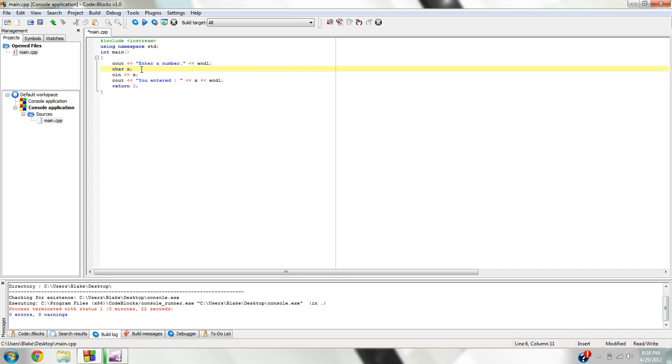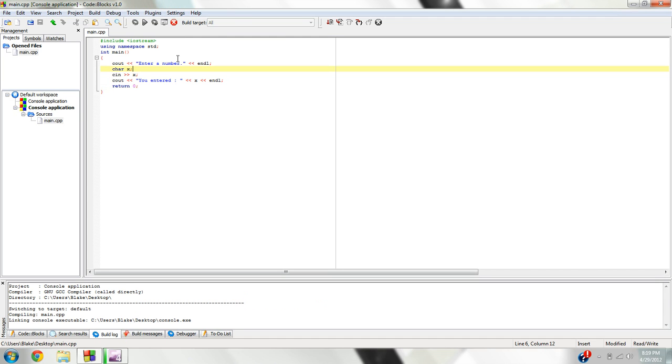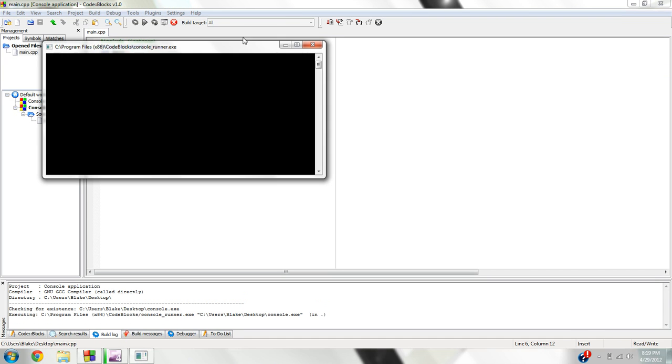But here's something important. It's called an array, and I'm just going to give you a very brief look on it because it's kind of complicated. You're going to have not a squiggly bracket, but just kind of a regular bracket. And, well, first of all, I'm going to show you what it does without it. So let's say I did that. And it's going to tell you to enter a number, which I didn't change, but pretend that says enter a name. And I said, like, Mackenzie, Mackenzie. You entered M, because